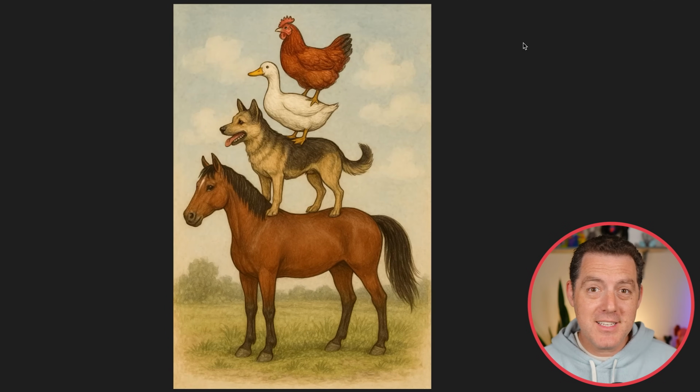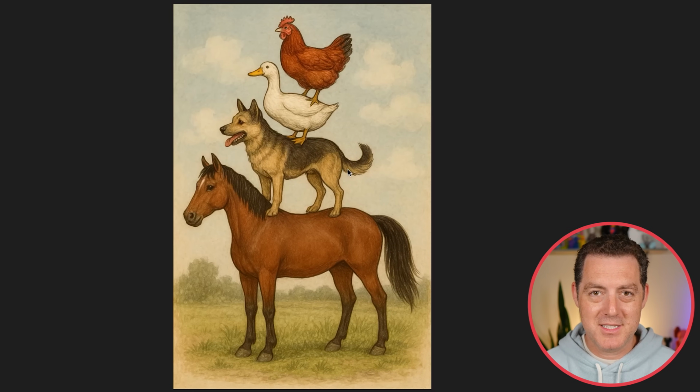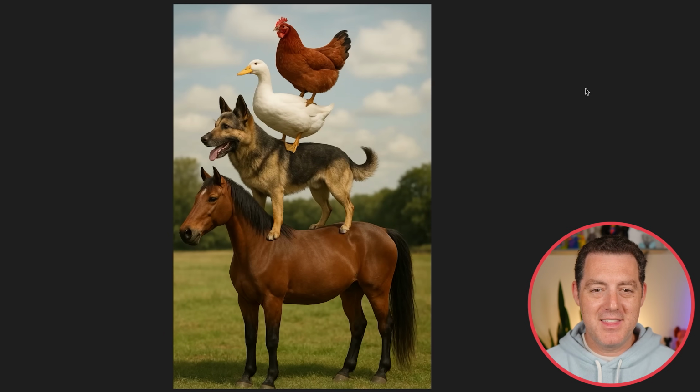Here's a chicken riding a duck, riding a dog, riding a horse. That is the prompt I gave it, and it looks really good. And it's more than just making the image well, it actually understood exactly what I was asking with a pretty complex prompt. And I asked it to make it super realistic. And here that is. I mean, this does look fantastic. Actually, the dog relative to the horse, this would be a massive dog, making this a massive duck, making this a massive chicken. But other than that, all of it looks incredibly realistic.